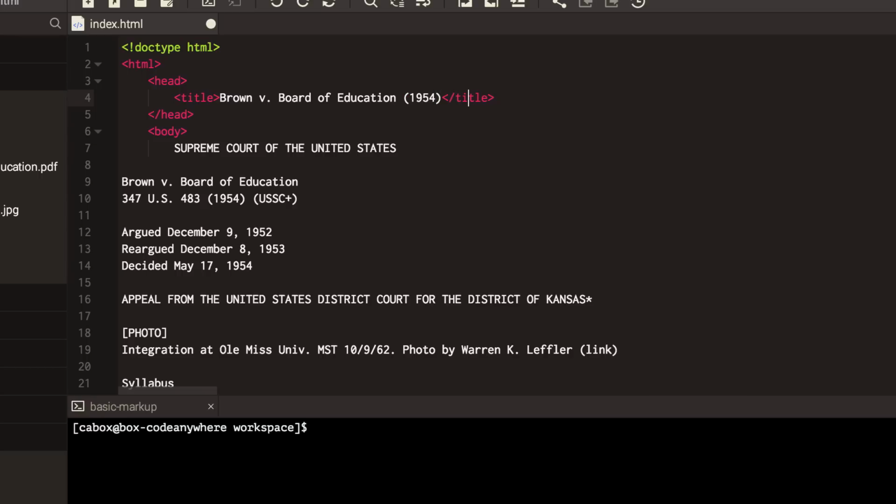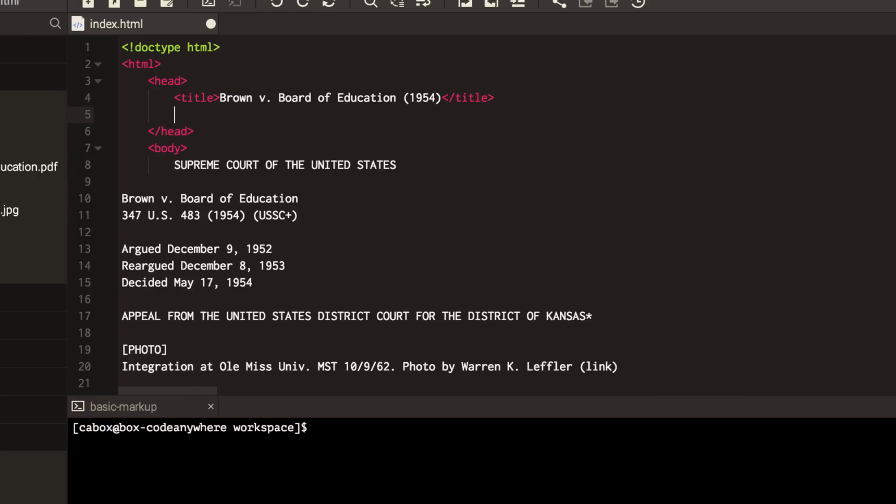For the most part, there aren't a lot of other tags that you really need to have in the head of your document to make a document that is basically accurate and correct. There are some tags that are strongly suggested and are quite helpful for you to have. So, in order to set up the head of this file properly, we're going to add a couple more meta tags. Meta tags are used by browsers to know better how to